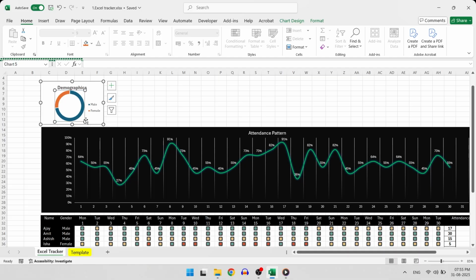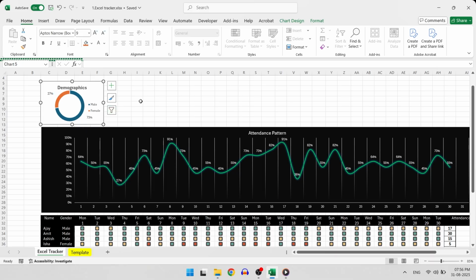And also add data label options from the add menu. And then position these data labels to a bit outer region. Now select the handles of these data labels and delete them.